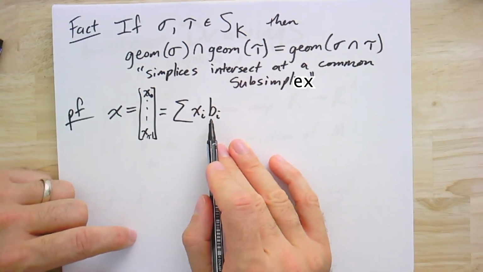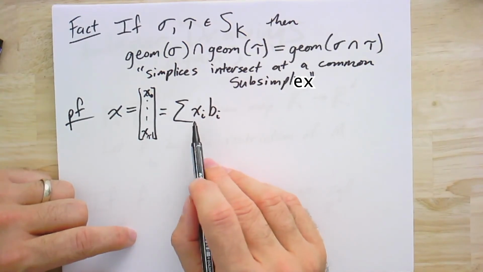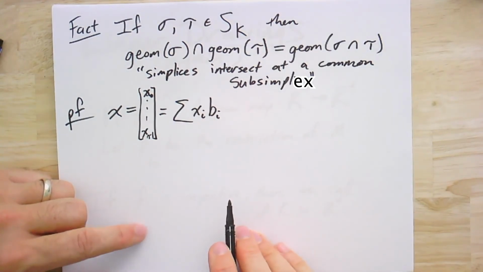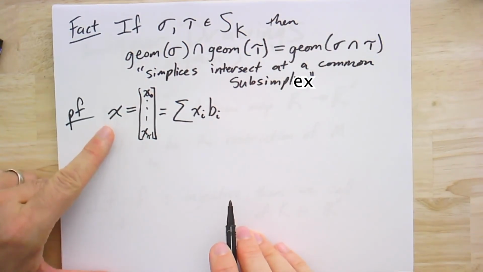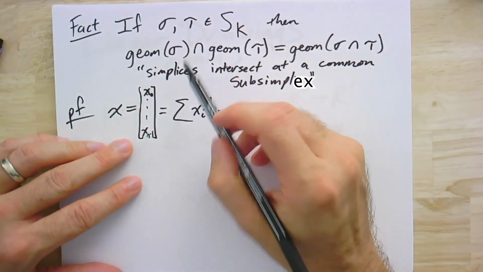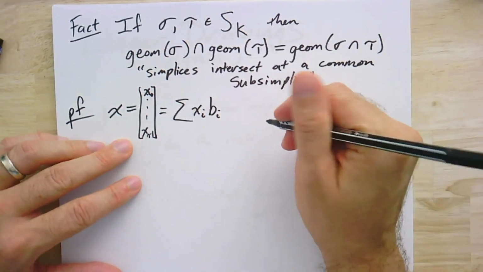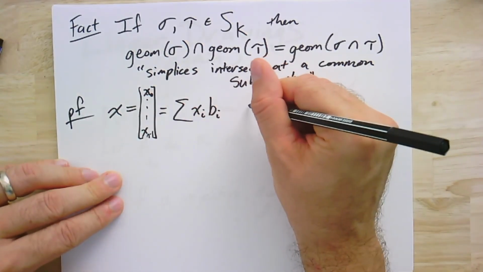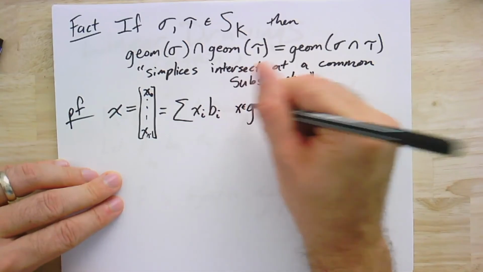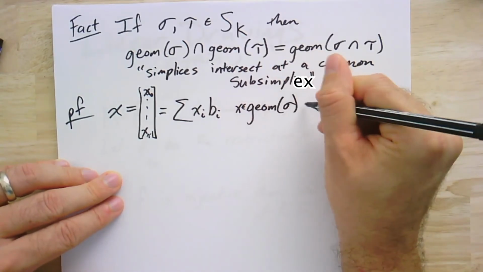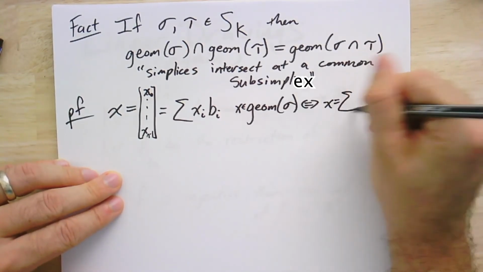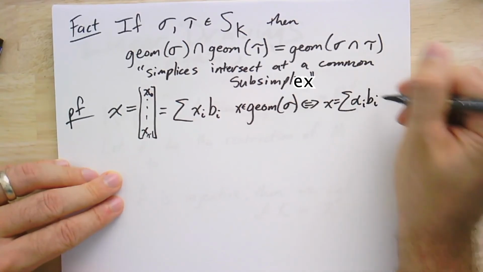That's kind of what it means to be a basis, is that there's a unique set of coefficients where you can write the point as the sum of the basis vectors times those coefficients. So that's some point in Rn, and in particular, if it's in a geometric realization of a simplex sigma, then it can be written as follows. I'm going to say that x is in geom sigma if and only if x equals sum alpha i bi